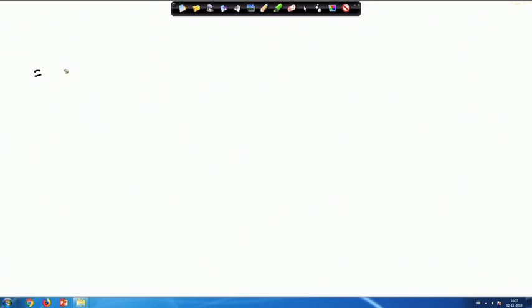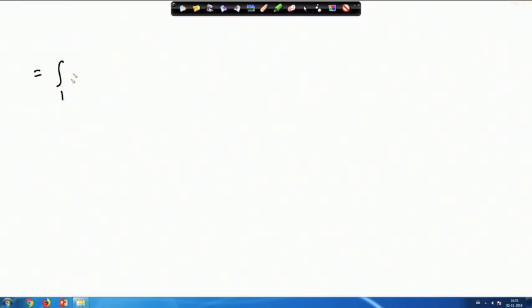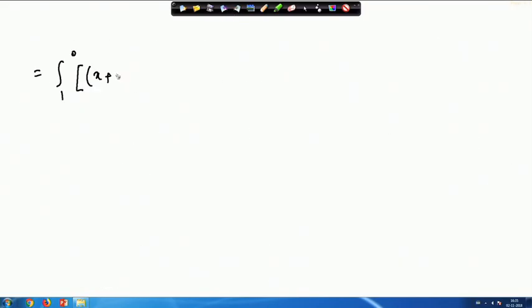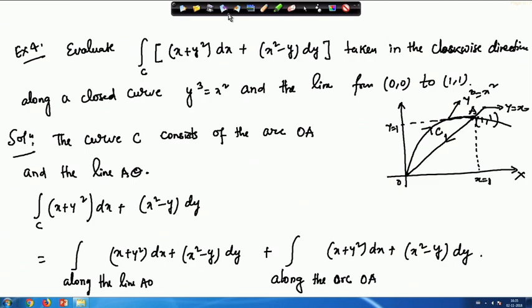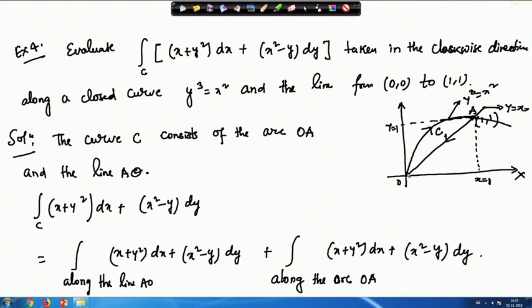Along the line AO, x is varying from 1 to 0. So we write the integral from 1 to 0 of (x plus y) square, and y equals x along this line, so (x plus x) square dx, plus (x square minus y), where y is again x, so x square minus x, and dy equals dx. So I write dx here, plus for the arc,